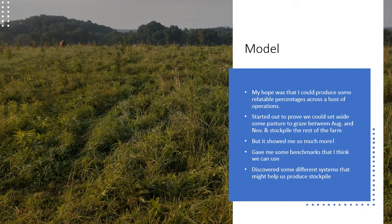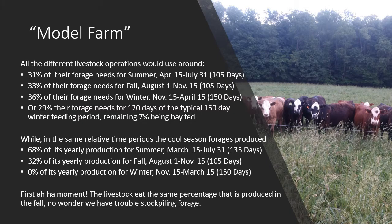I wanted to come up with a couple different systems to fit different operations and the varied managements that we talk to and people that we work with. So these are just some numbers, and I'm getting deep in the weeds here, but I put these all on the screen because I wanted to show my one true aha moment when putting all these models together. As I compared the numbers, the real important thing that I found